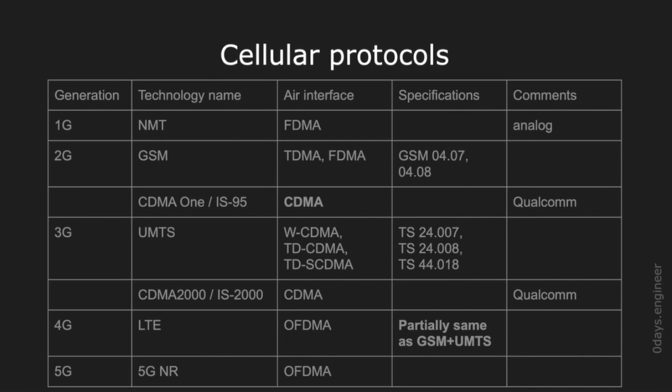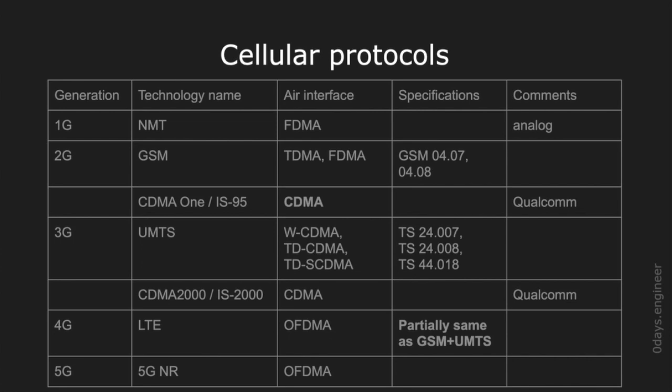This is a bit important for us from the offensive perspective, because first of all, these technologies, including the air interfaces, represent separate bits of code with separate parsing algorithms within the baseband firmware. And all of them are usually present in each baseband, regardless of which one you actually use, or does your mobile provider actually support. Another important and non-obvious thing from the offensive security perspective here is that because of this